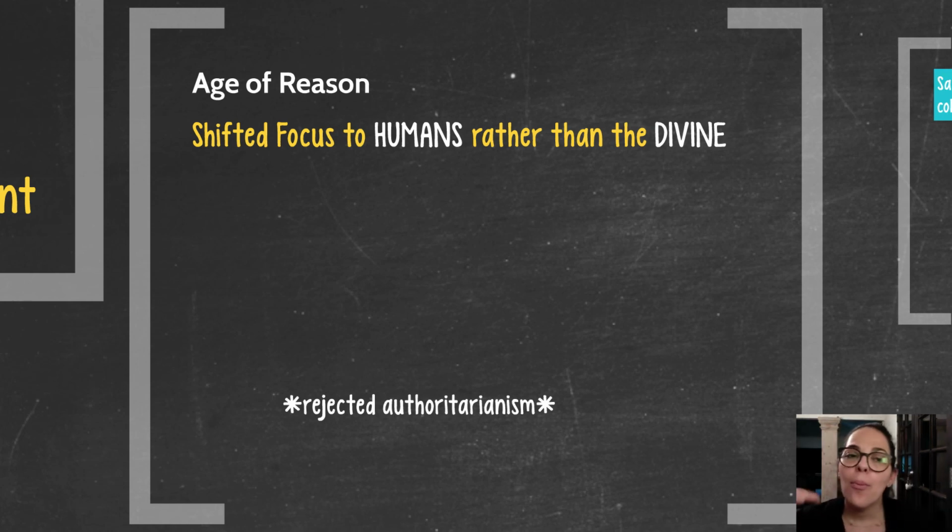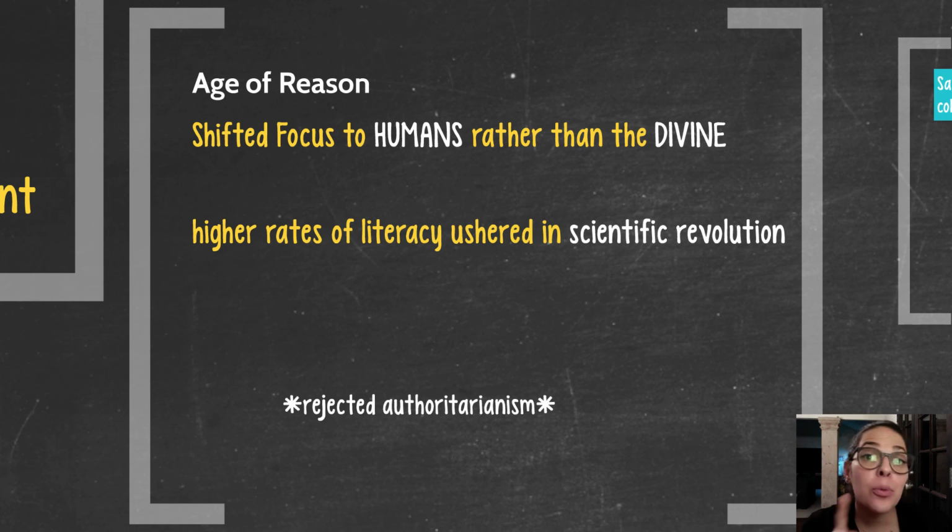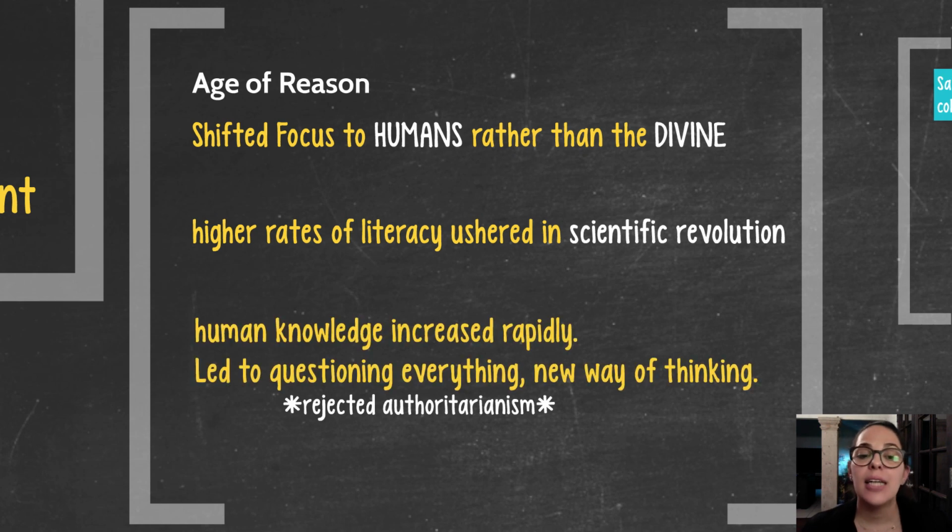So part of what's happening here and what the Age of Reason is about is shifting the focus, shifting the power to humans, right? To regular people, rather than the divine, right? Especially rulers, the ruling class who ruled by divine right. Part of what contributes to this development is the scientific revolution, as well as the printing press, right? Having more access to information, to books, education. So we see higher literacy rates, more people can read,